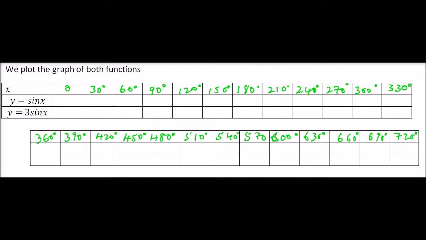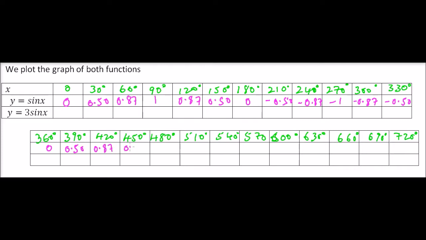From there, we fill the values of y equals sine x, and here when x is 0, this is 0, this is 0.50, this is 0.87, this is 1, and we have 0.87, we have 0.50, 180 is 0, and then we have minus 0.50, minus 0.87, and we have minus 1, then we have minus 0.87, we have minus 0.50, then we have this is 0, we have 0.50,